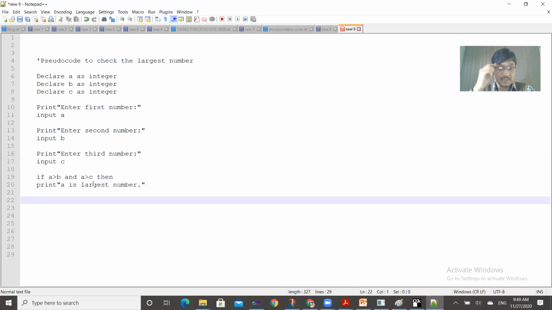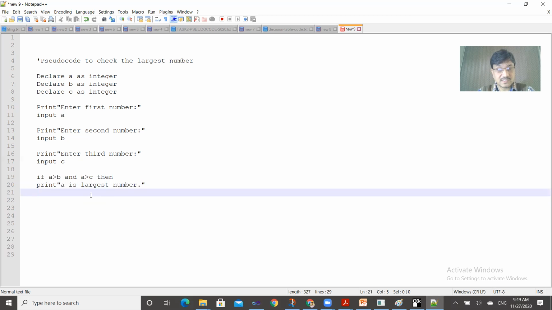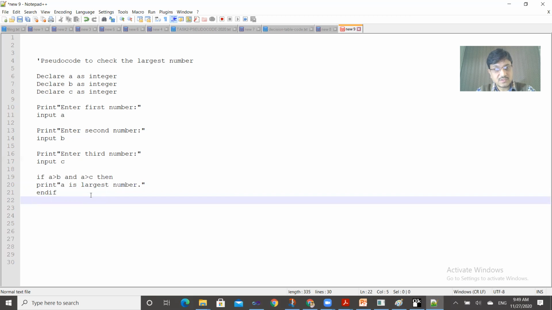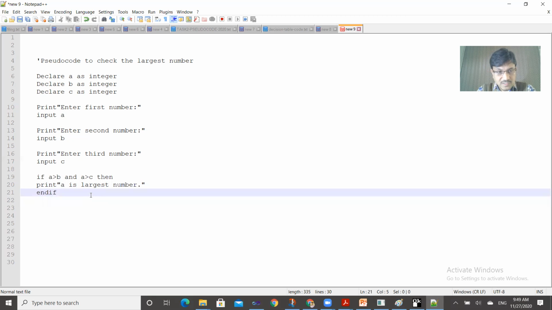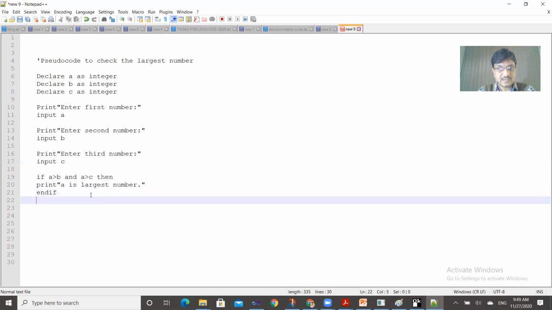Okay. Now here there are two methods that are followed by the students in their exam, and Cambridge allows the students to do this. One is that we close the condition here, this is the first option that we will treat. And the other one is that we will go for linking the same condition with another condition. If we stop it here, like I will do it,